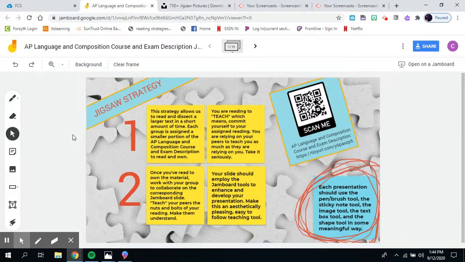So Jigsaw strategy, all it is, we dissect a large text into small pieces, the little jigsaw pieces. And in your small group, you become experts on whatever that small amount of text is. You really read it to own it, because you're going to teach the group, you're going to use that information, and then you're going to create a teaching tool via Jamboard